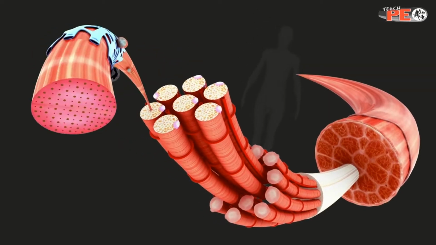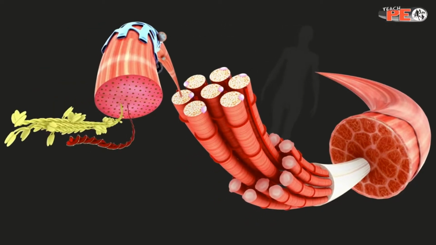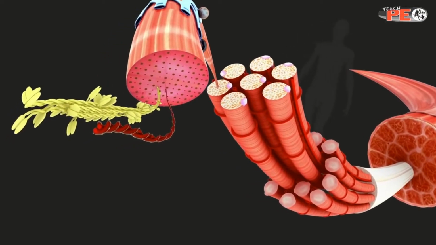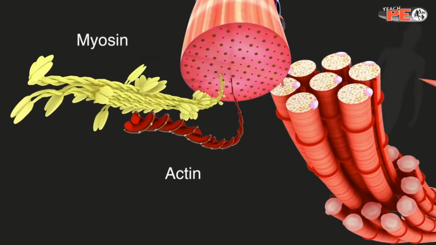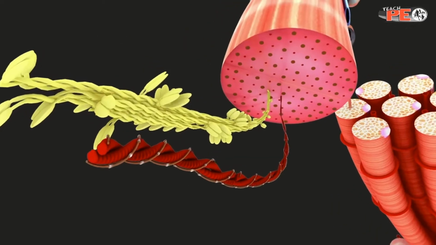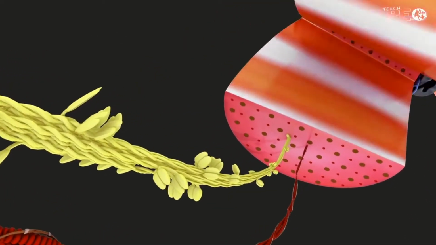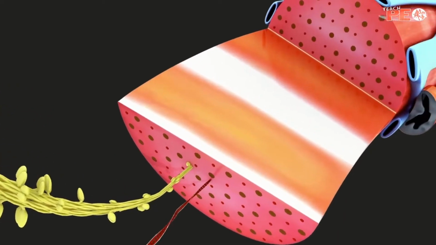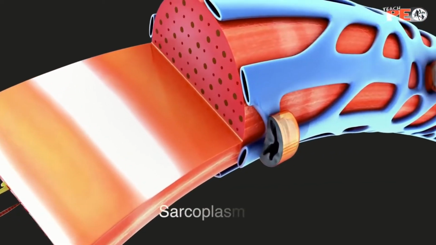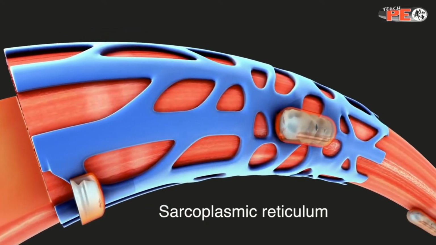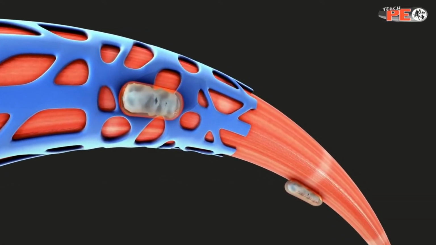Each muscle fiber itself contains cylindrical organelles known as myofibrils. Each muscle fiber contains hundreds or thousands of myofibrils, which themselves are bundles of proteins called actin and myosin. These run the length of the muscle fiber and are important in muscle contraction. Surrounding the myofibril, there is a network of tubules and channels called the sarcoplasmic reticulum, where calcium is stored, which is also important for muscle contraction.